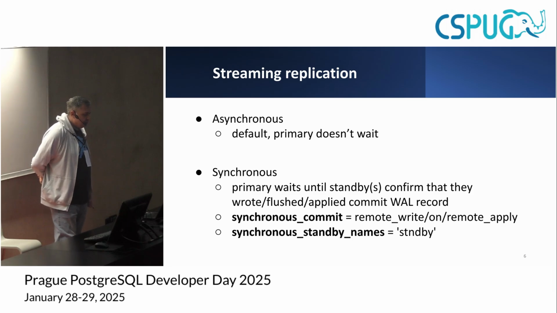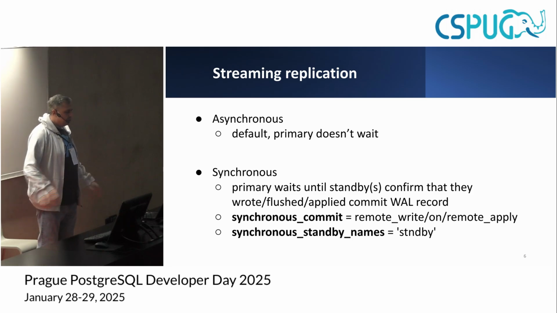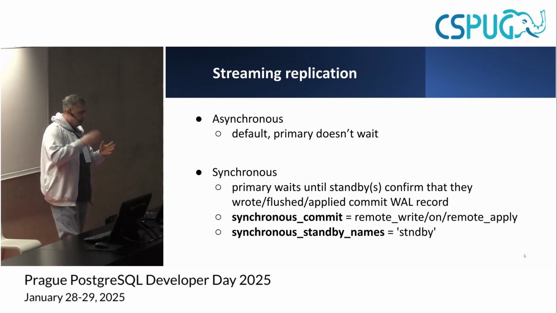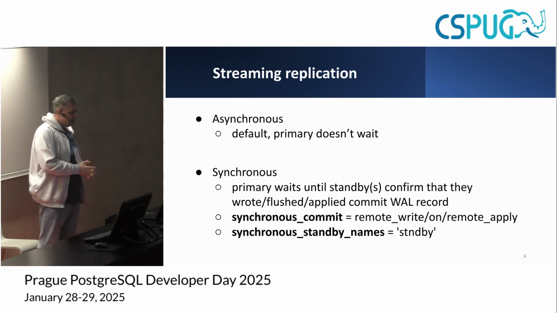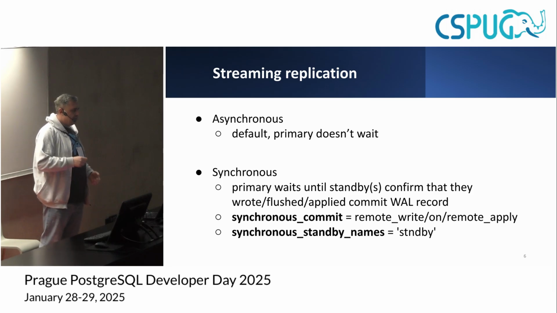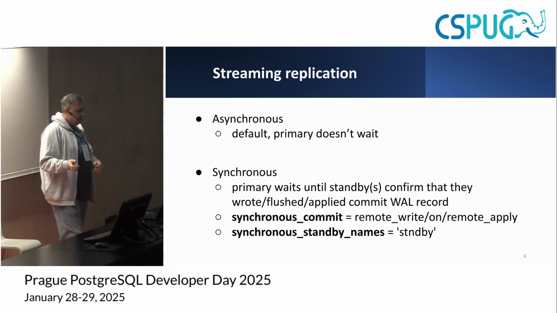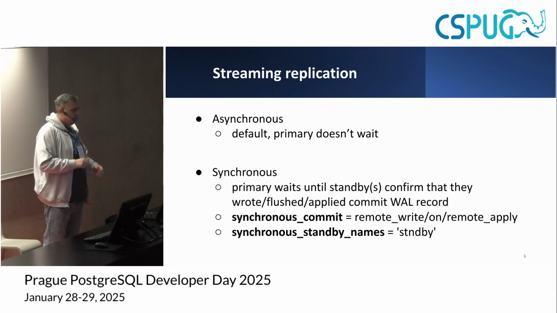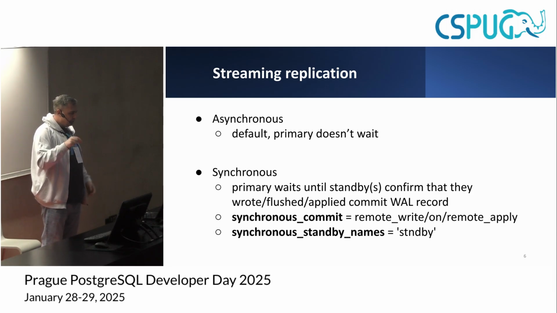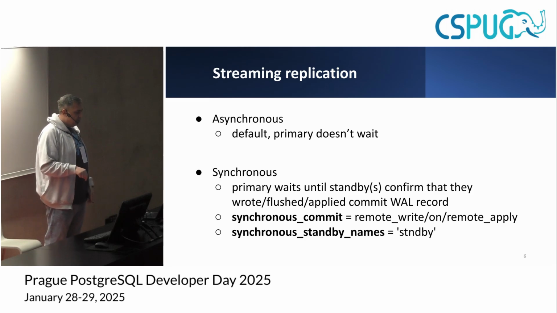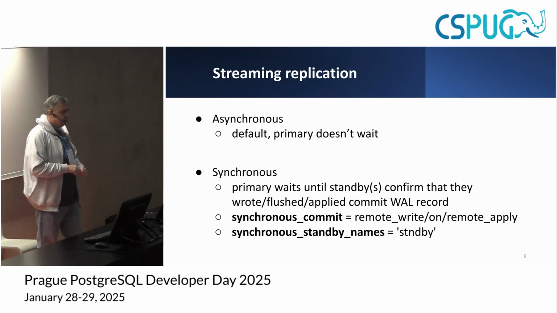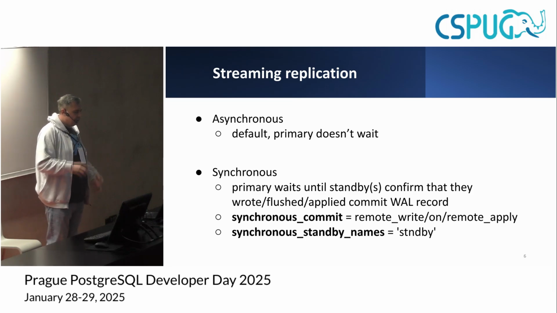In case of synchronous replication, things work slightly differently. When primary receives a commit, it will not notify a client until this commit is received by a sufficient number of standby nodes. Depending on the configuration, it will wait until the standby node not only wrote this data to disk, but also flushed, using the fsync mechanism, or maybe even applied it, so it became visible if you run some queries.